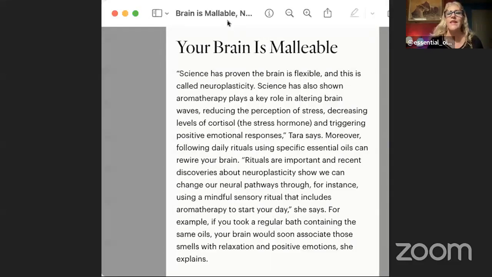Perfect. Good. So one reason this works, I'm just going to throw a screenshot up here as to why this works, is because our brains are malleable, and that's what we're doing. We're doing a little reset with the negativity, and we're turning it into something positive. We're replacing it with something positive.